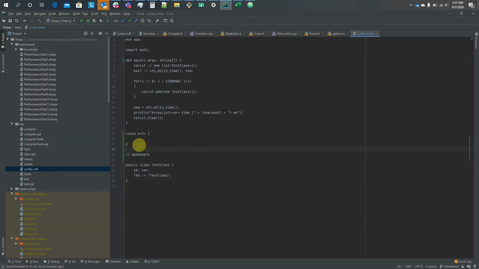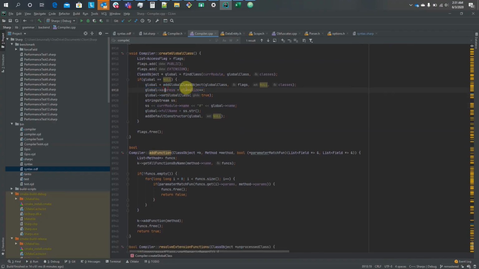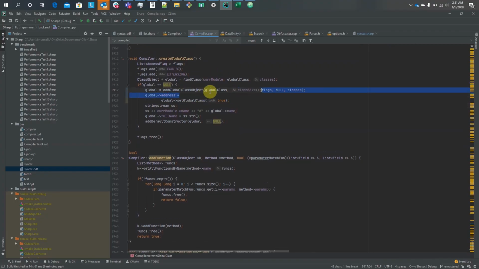It makes sense that this K is not going to offset the addresses of all of the classes because theoretically it hasn't been created yet. This is why I say generic classes are kind of phantom classes, because they don't affect the address base of all of our functions and everything else until the class gets created. Hope I didn't confuse anybody with that, but we basically just set the address by saying class size plus plus,